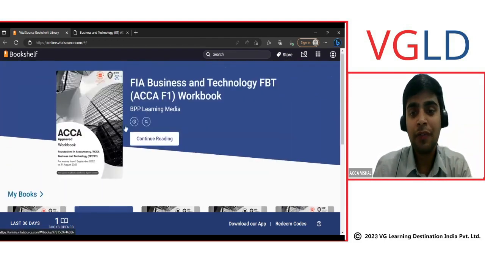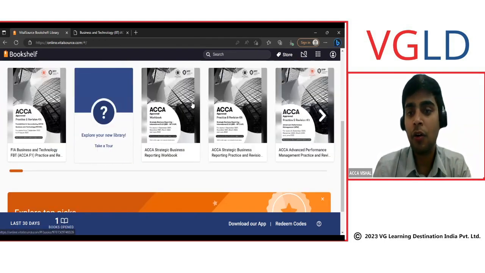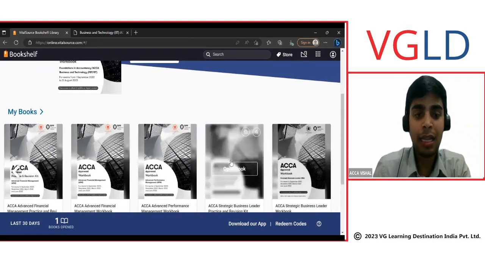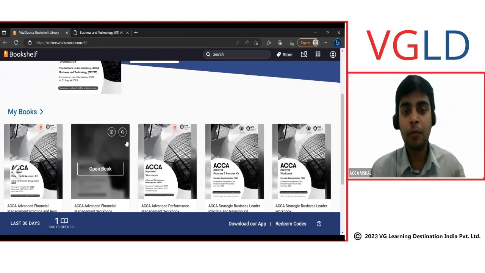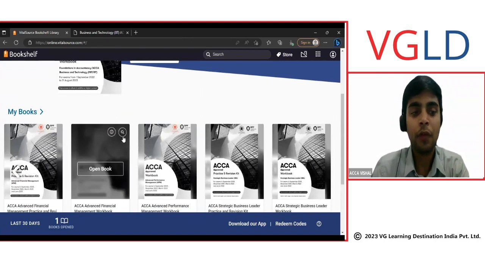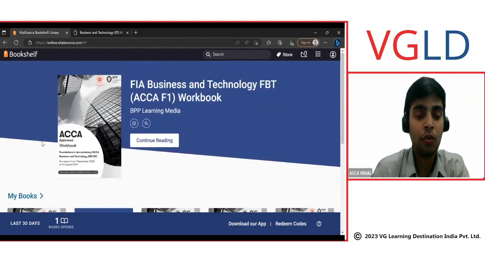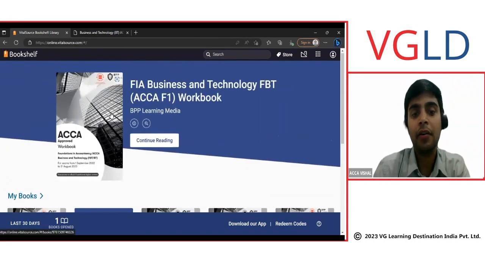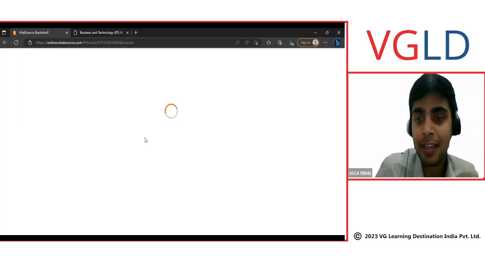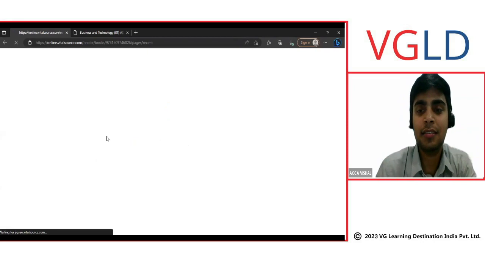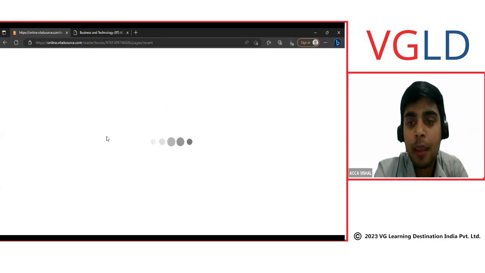This is the bookshelf you will get once you log into the online Vital Source, and there will be multiple books. Like I have multiple books here with me, some at the professional level, some at the skills level. Let's not bore you with those things. This is the book we are having right now. I was reading it, so let's just jump into it. You select the book, go to the reading section, and once it's open,